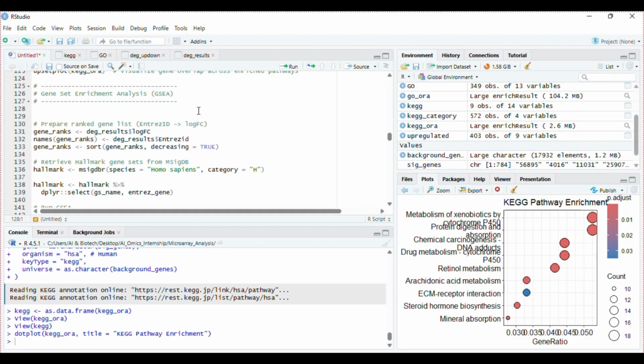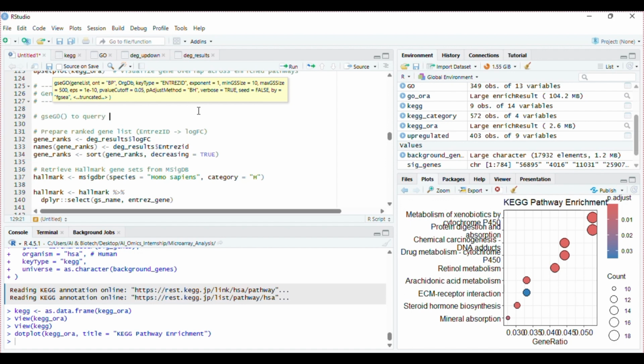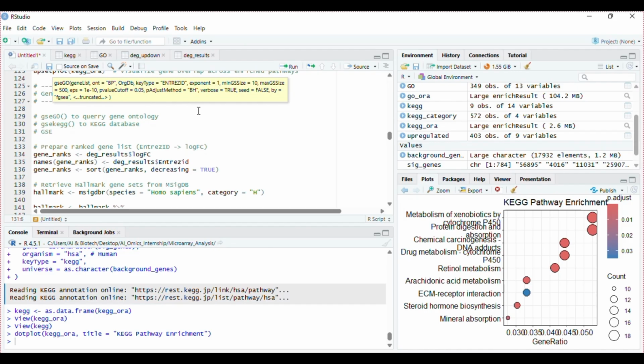Like we use log fold change to arrange our gene list. clusterProfiler provides various functions for gene set enrichment analysis. For example, you can perform gene set enrichment analysis with the gseGO function to query the Gene Ontology database. Similarly, we have the gseKEGG function to query the KEGG database. Also, we have a universal function within this clusterProfiler package, that is GSEA, Gene Set